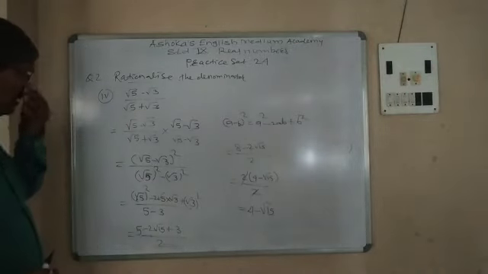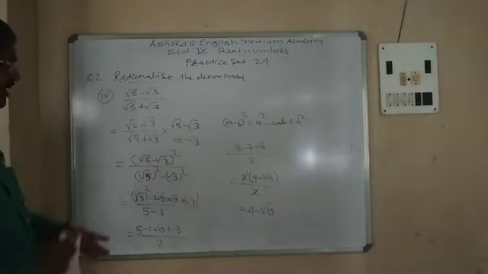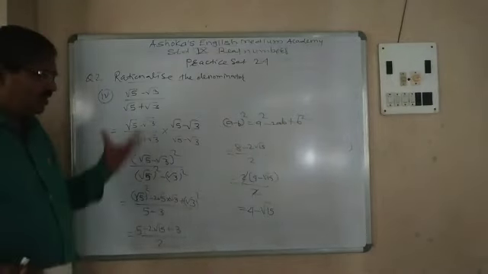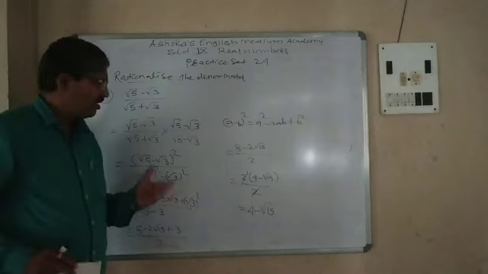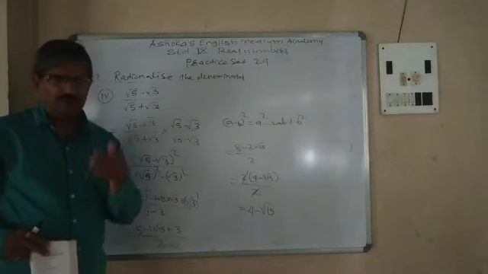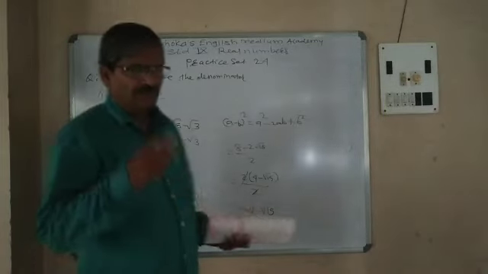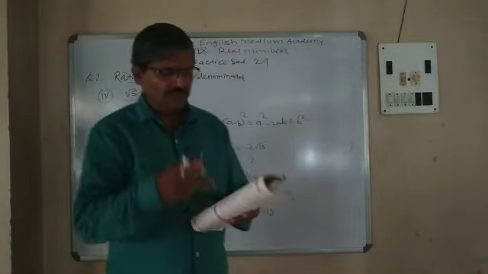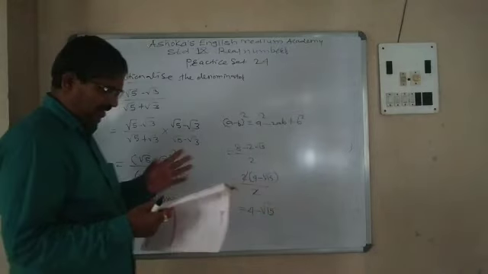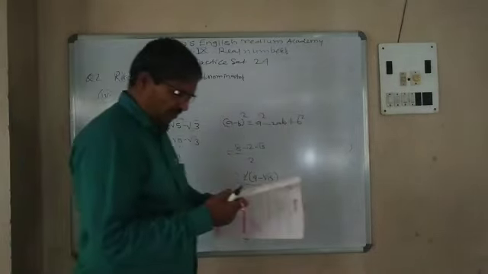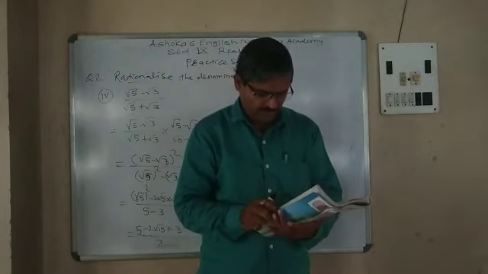Sometimes while solving this I may write something wrong by mistake. If you find a mistake, you may write in the comments, or you may call me, or you may send me a WhatsApp message. The number which is noted in the link is my WhatsApp number. You may send a message to me, I will correct it. Now, exercise 2.4 question number 3 is given for your homework.